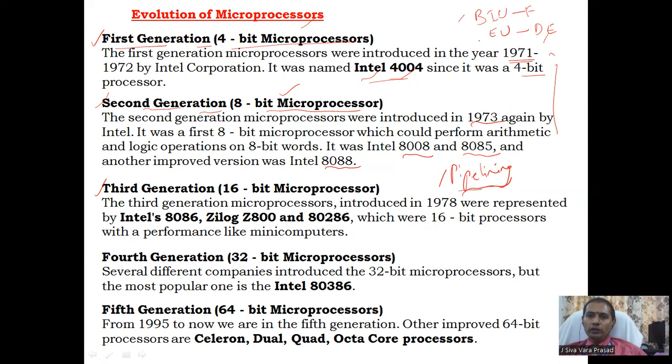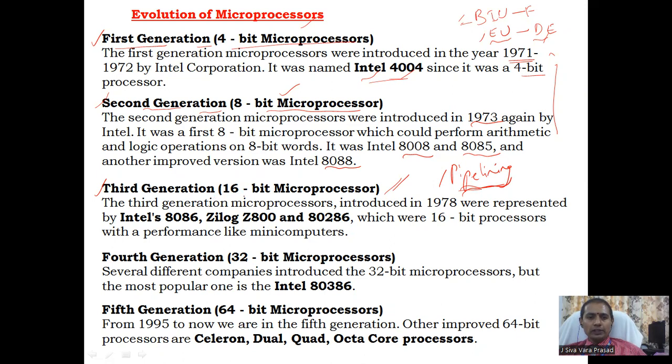That's why with the BIU and EU, only one unit will perform at a time. Whether the BIU is fetching an instruction, the execution unit won't decode or execute. So like that only one unit will operate. Starting from the third generation onwards, because of the pipelining mechanism, both the bus interfacing unit and the execution unit will work simultaneously. Because of that, the execution time is